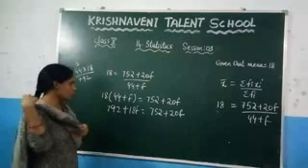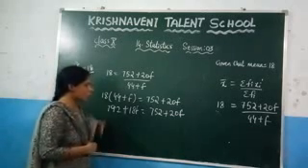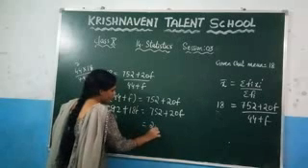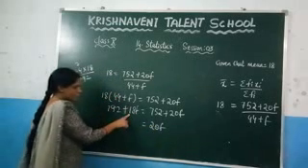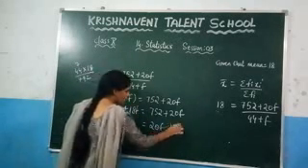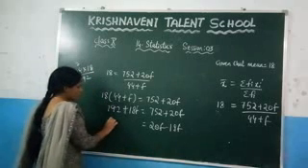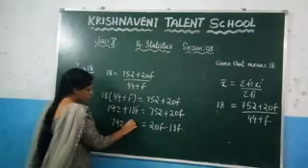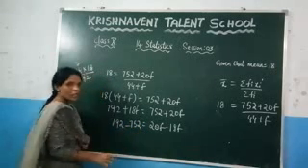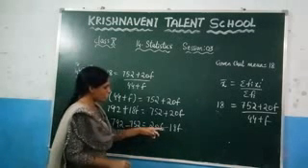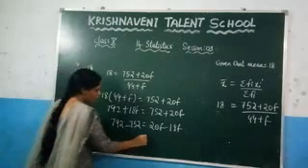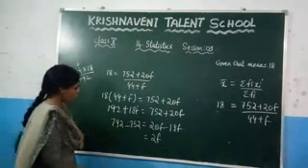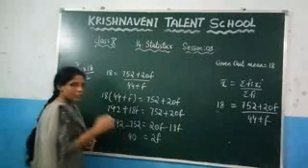Now here you need to write all the variables to one side and all the numbers to the other side. So write here 20f. If you take plus 18f to that side, it will become minus 18f. Similarly, what is the number left out? 792 minus, if you take this value to this side, it will become minus 752. Now, what is the value of 20f minus 18f, which gives you 2f? And what is the value of 792 minus 752, which is 40, right?